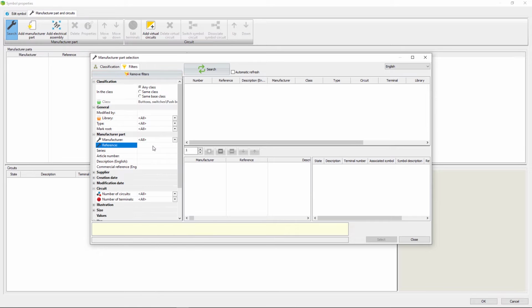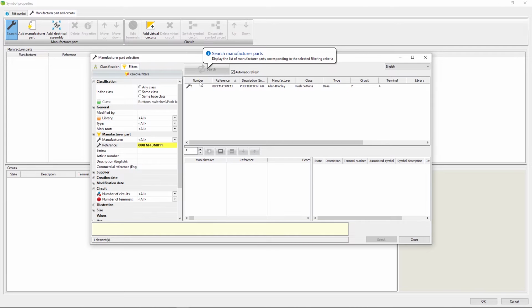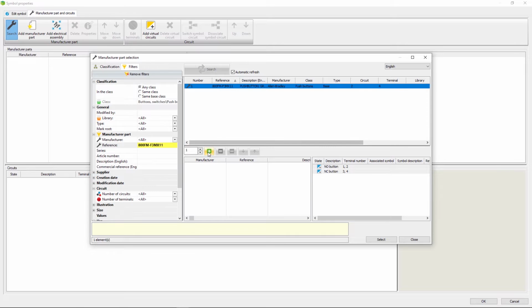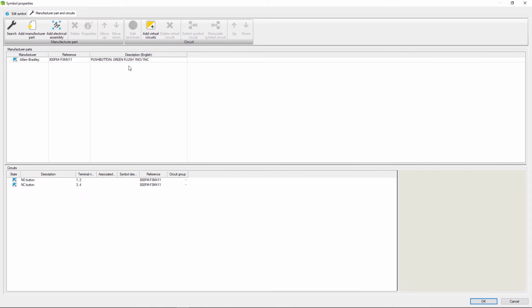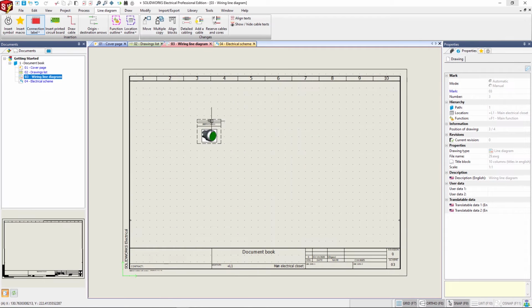Again, use Filters tab to refine the results. Type the reference number if you already know it. Make sure Automatic Refresh is ticked. It updates automatically the results. Once found the part, add it in the box below and click Select. The part has been added. Click OK to create a new component associated to our symbol.